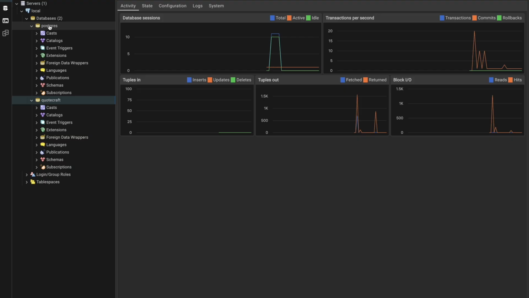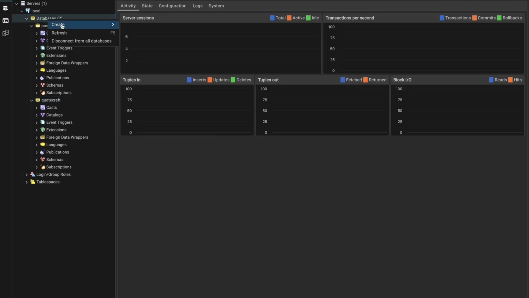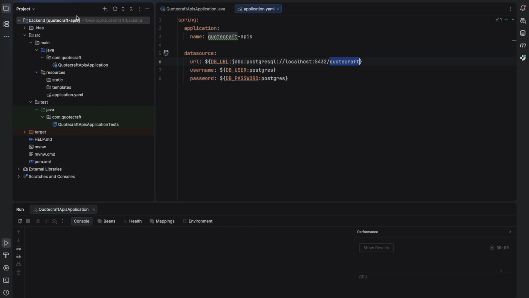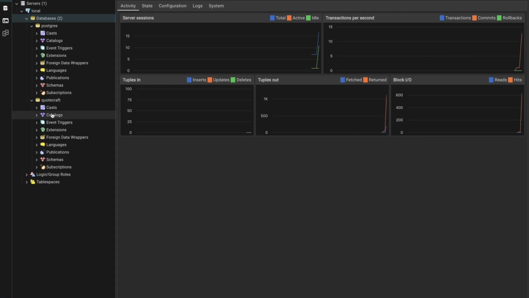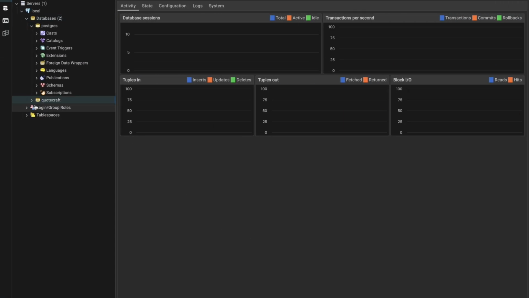In the PostgreSQL server, you need to go into the databases and create QuoteCraft here. Like this, we can create a database. After adding the database to the Postgres server, you then need to start the application. Now we can see the application has initialized, and this is the QuoteCraft DB, and there are no tables